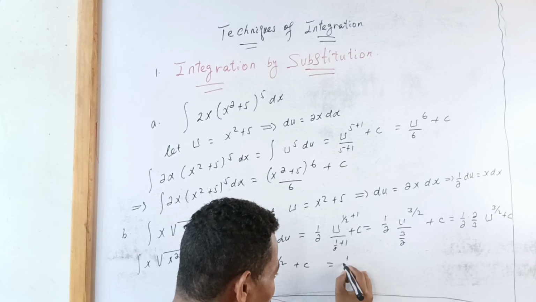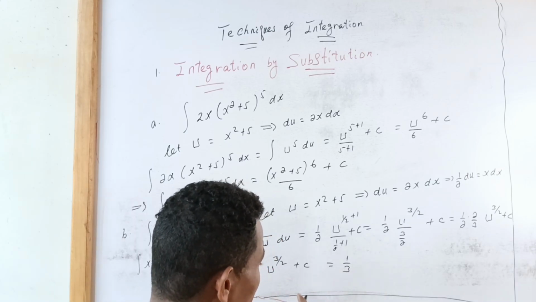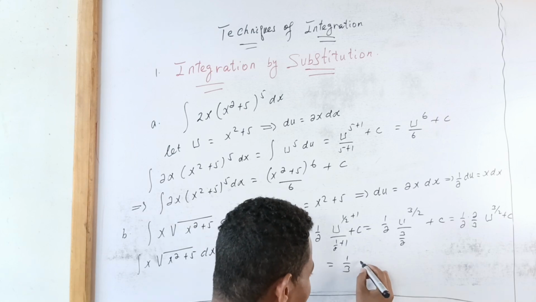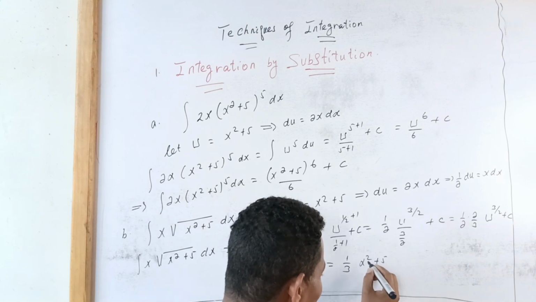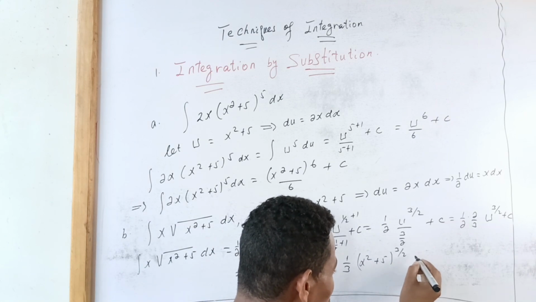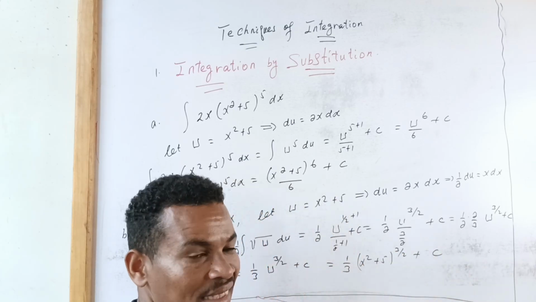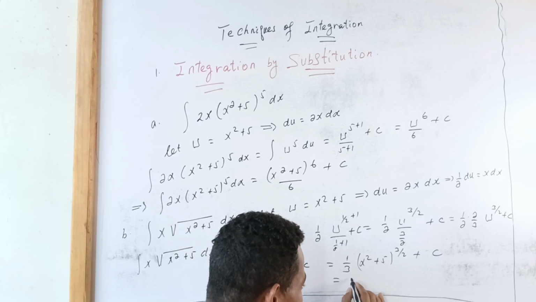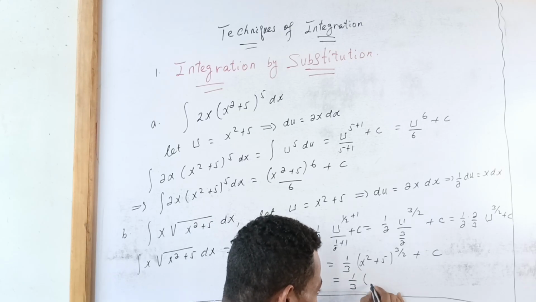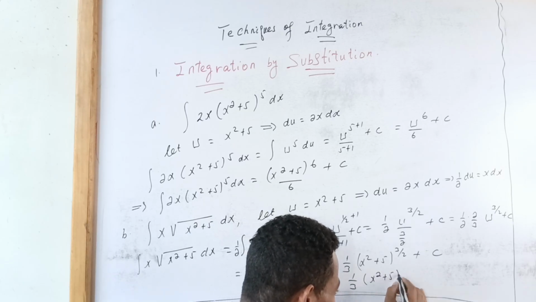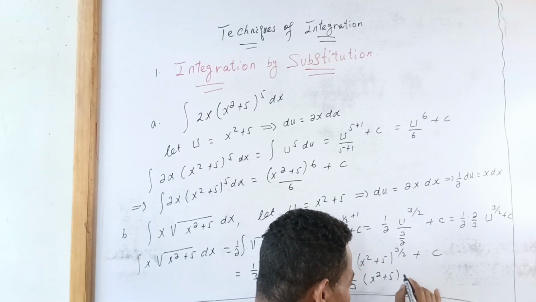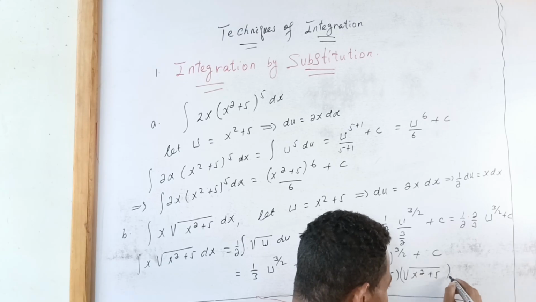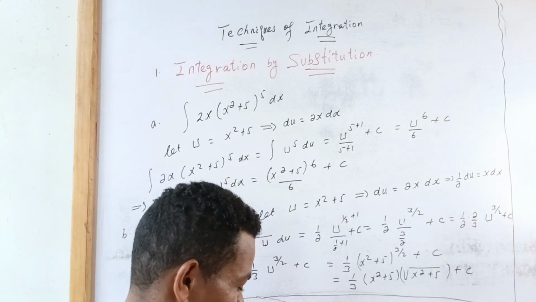This equals 1 over 3 times (x squared plus 5) to the power of 3 over 2, plus the constant number c. Or alternatively, since 3 over 2 is 1 plus 1 over 2, it equals 1 over 3 times (x squared plus 5) times (x squared plus 5) to the power of 1 over 2, that is radical x squared plus 5, plus the constant number c. Okay,